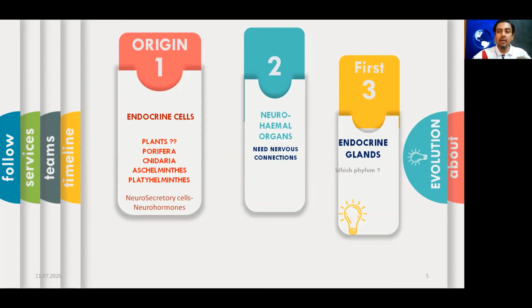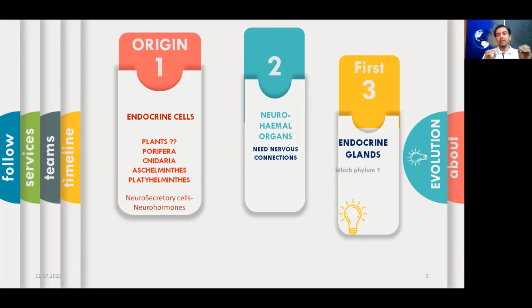So now when we attempt these questions related to the origin of endocrine glands, we have to remember that the first phylum to show the presence of endocrine glands is Arthropoda. And we also have to remember that in some books it's written that corpora allata and corpora cardiaca are the endocrine glands of cockroach. See, we have to be very specific when we are studying at this level, that endocrine glands